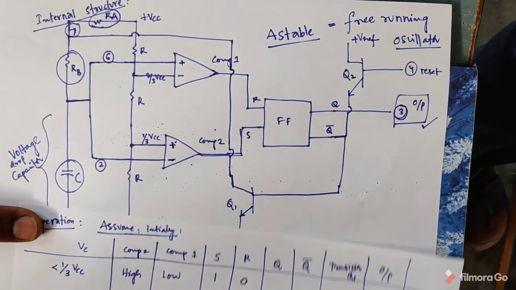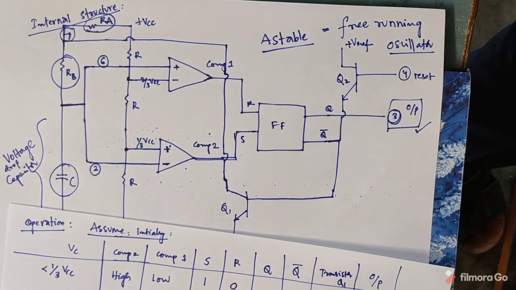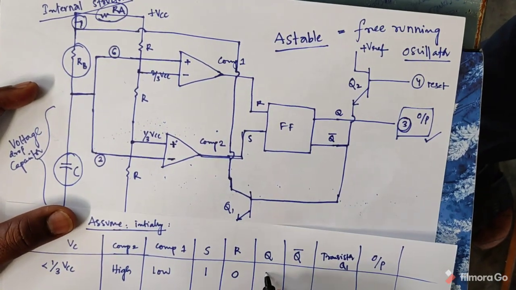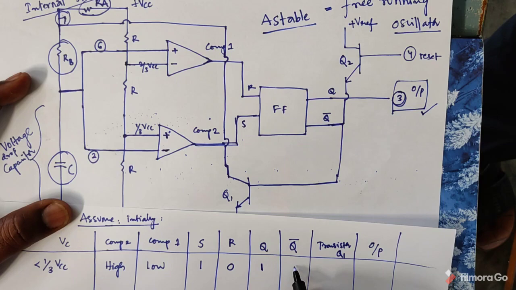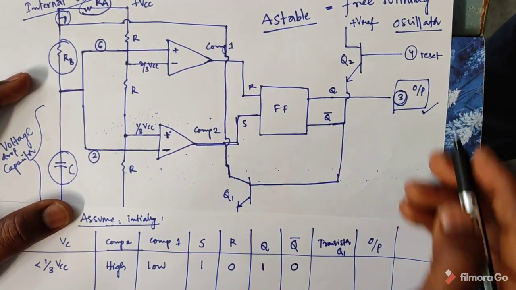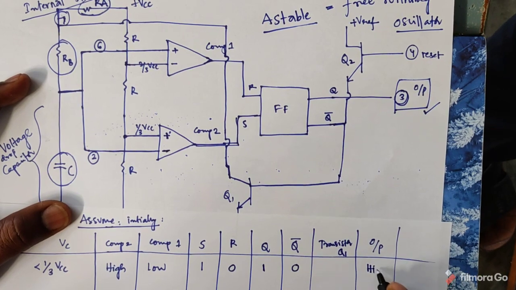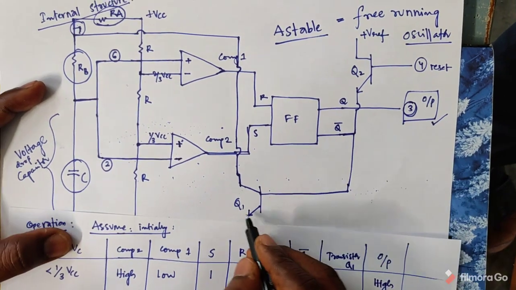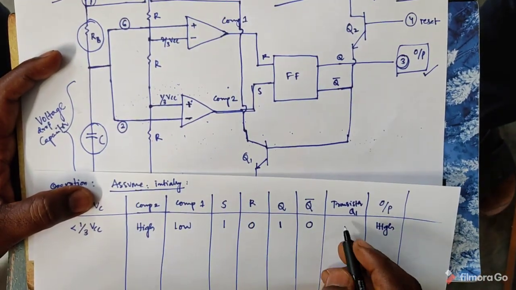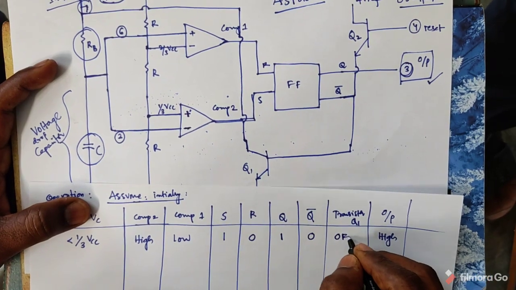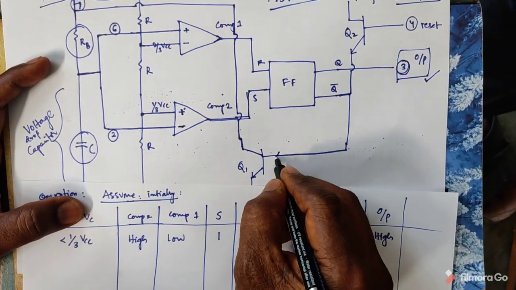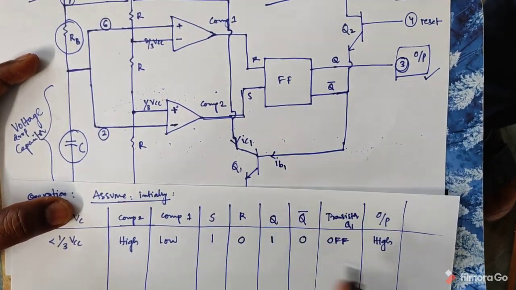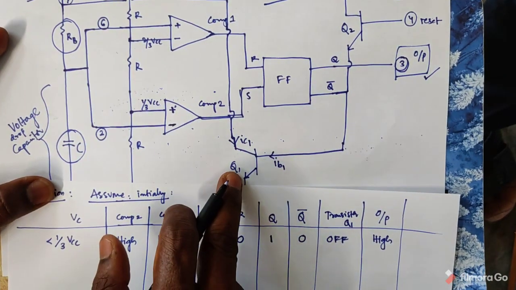You know, in previous condition, the truth table for this: S is equal to 1, Q value also 1, R value 0, Q bar value also 0. So Q is directly connected to output, so that is in high state. So Q bar is 0, that is connected to first transistor. That is 0, transistor in off state. Transistor off state, this current, that is IB1 and this current is IC1. IB1 and IC1 both are zeros, so no current flows in this transistor 1.